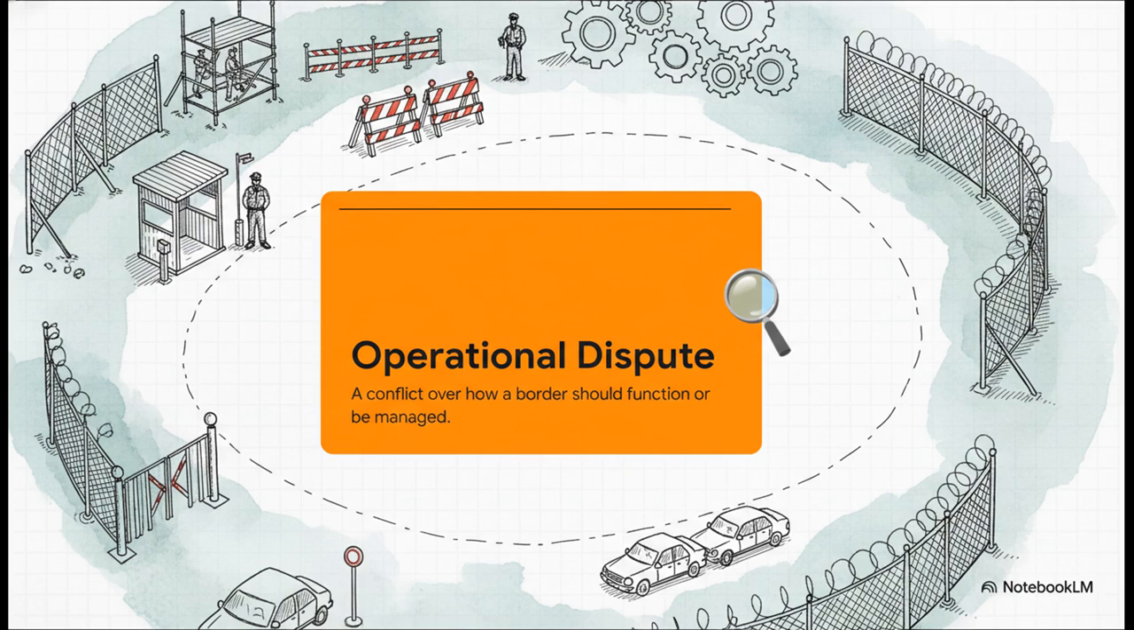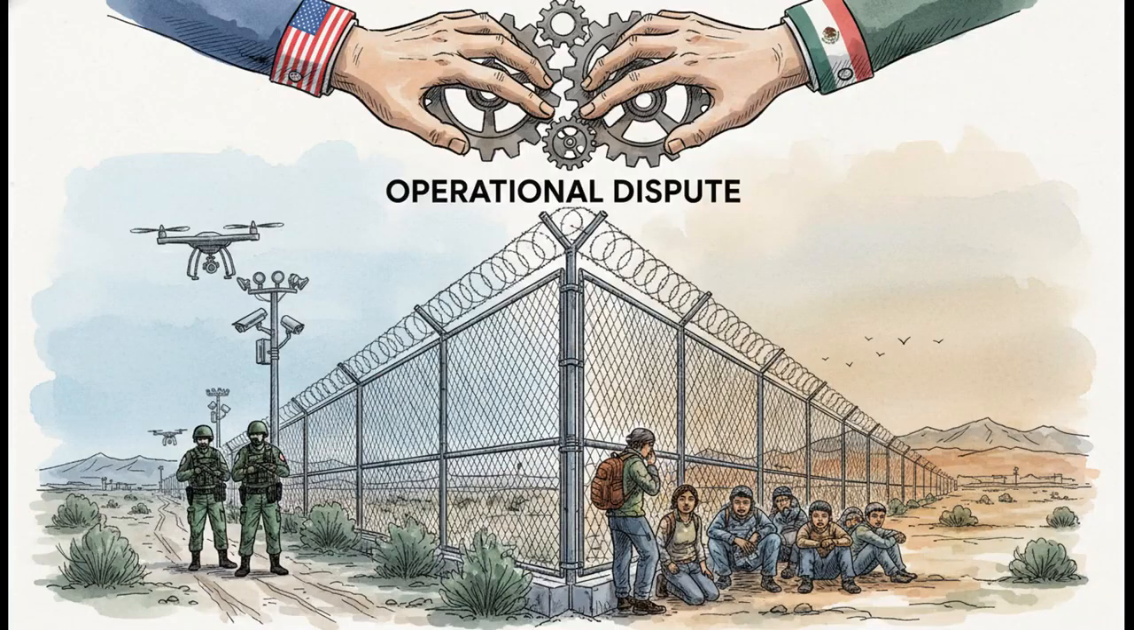The fight is all about how the border should work. It's a conflict over policy, over management, over the day-to-day function of the border itself. Let's go back to the US-Mexico border, but look at it through this different lens. Both sides agree on its location, right? The operational dispute is about how to manage the flow of people across it. The arguments over how to enforce it, who's responsible for what, and the costs involved, that creates a constant source